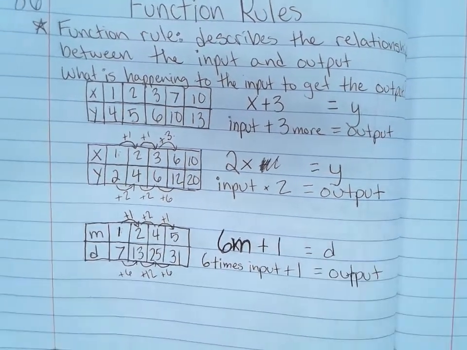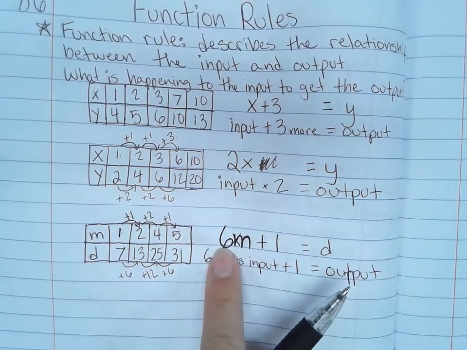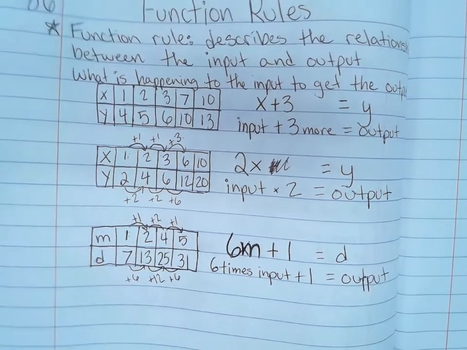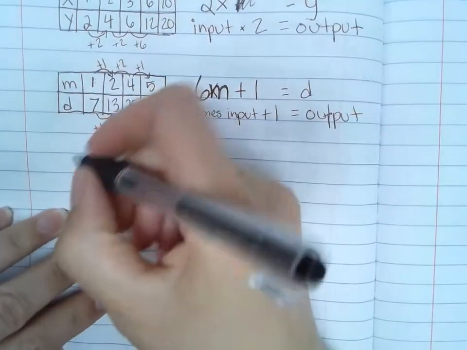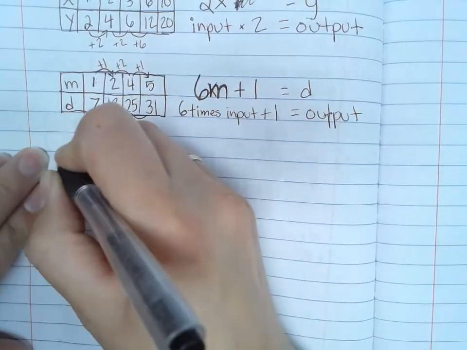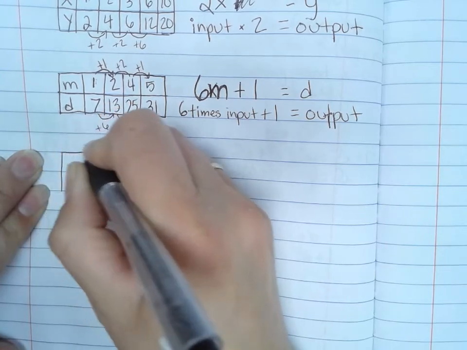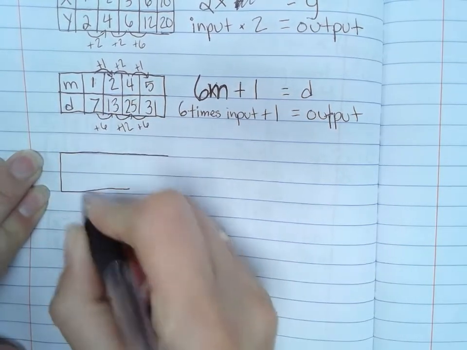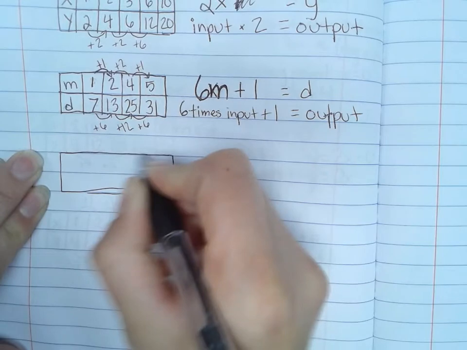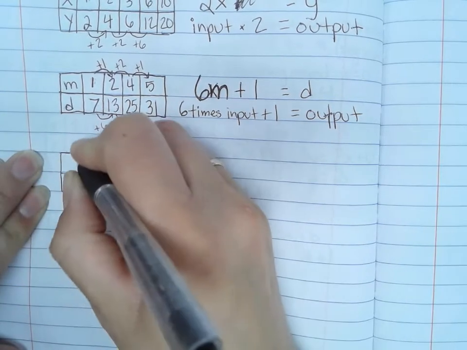Okay, this is what we call the rate of change. This is how much it's changing. So let's do a couple more. Okay, skip another line here. And let's do